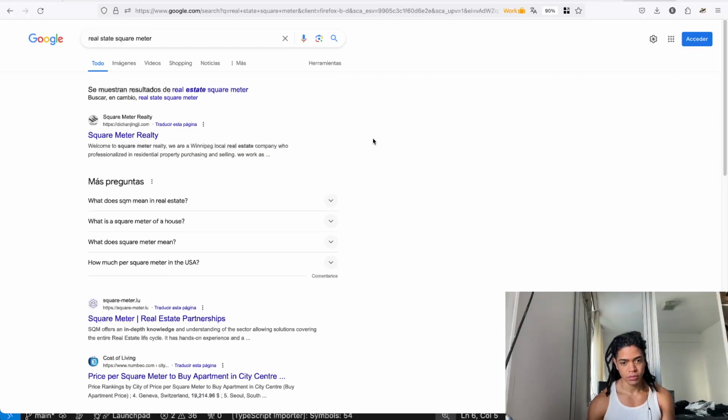Price per square meter, exactly, it's the price per square meter to buy a home, price per square meter to rent a home, to buy a home.